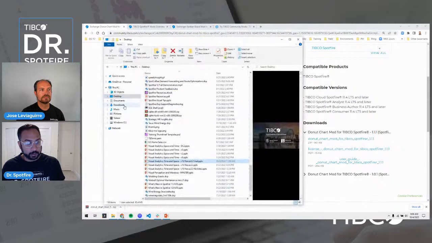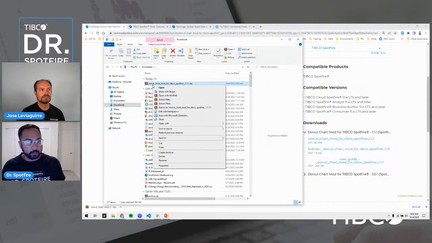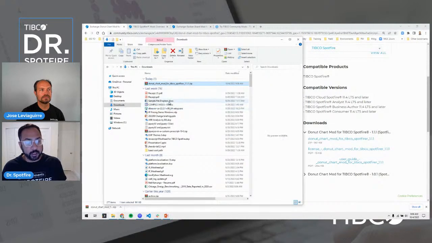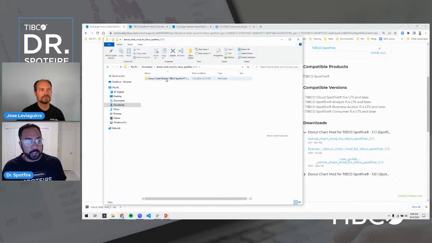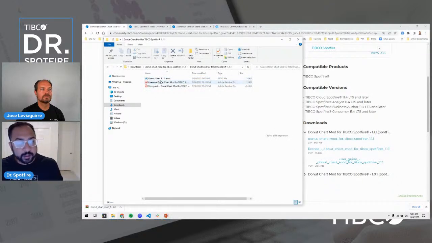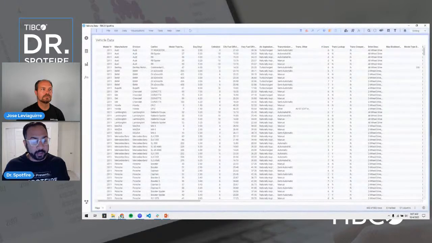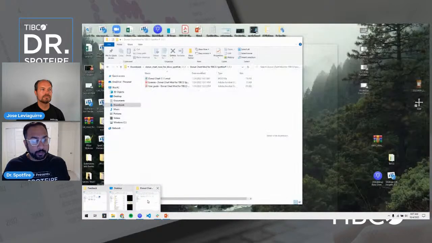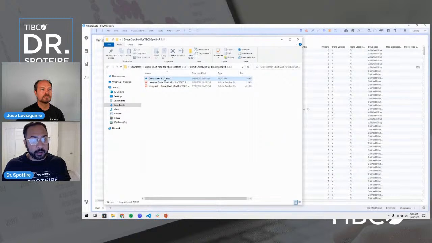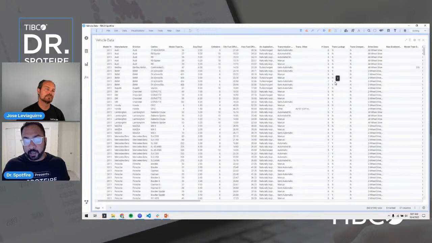Let me go to downloads. I got my Donut Chart mod, and I'm going to extract this Donut Chart mod to my folder. And here you're going to see in the Donut Chart mod folder, you'll see a file that on some Windows machines looks like it's a video file, but it's actually a .mod file. And you can actually just drag and drop this into Spotfire. So I'm going to open up Spotfire here, and I'm going to open up this Donut Chart mod from my local file system. I'm going to drag and drop it right into Spotfire,